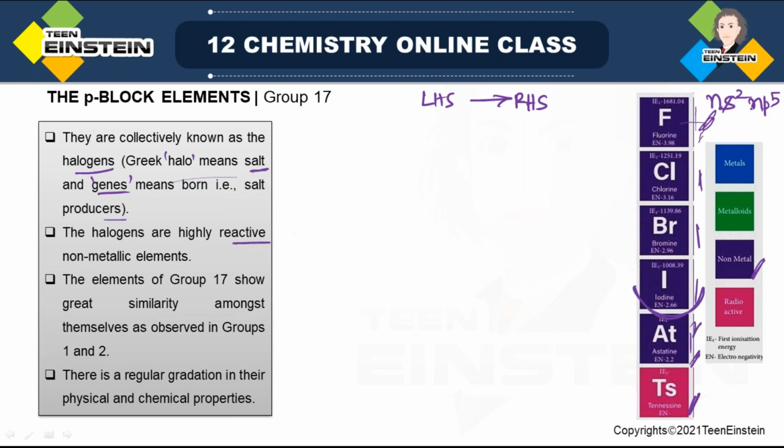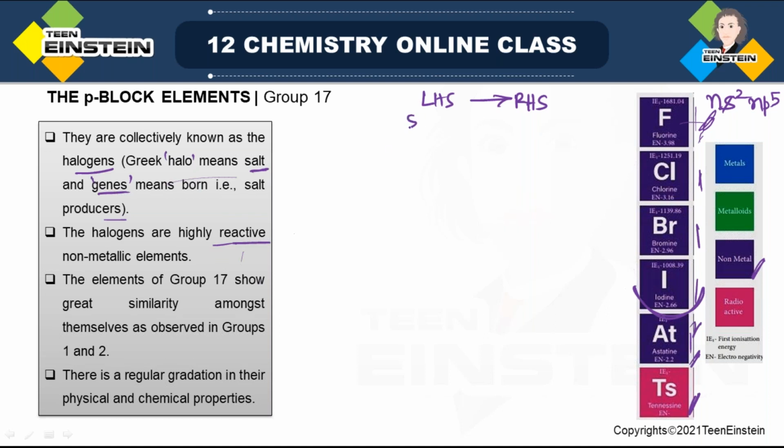they are so reactive, they cannot remain in free state. They will always remain in compounds. For example, if you consider chlorine, it will mostly try to remain as Cl minus, not chlorine gas. Because when it is Cl minus, it has already gained one more electron and it has reached inert gas configuration. Okay, so halogens are highly reactive, and you can find some similarity with the s block